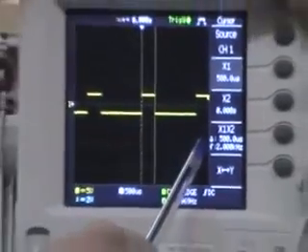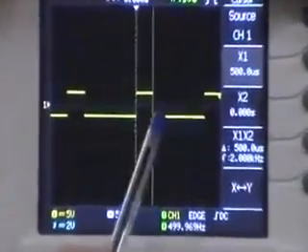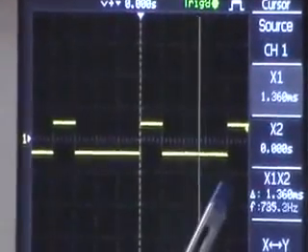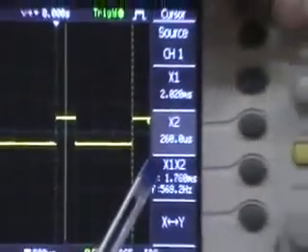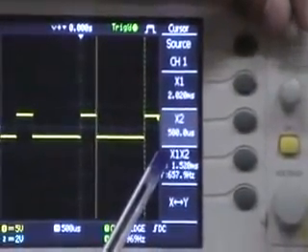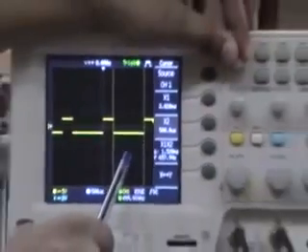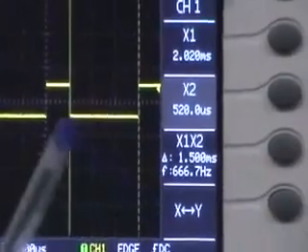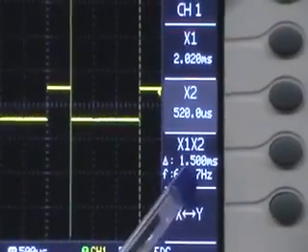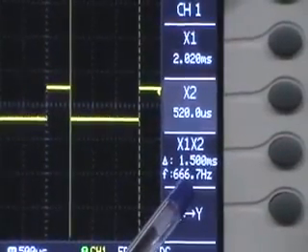And for the negative cycle, we can measure by moving this vertical line. Again, we can observe the value. The difference between these two vertical lines is coming out to be 1.5 millisecond.